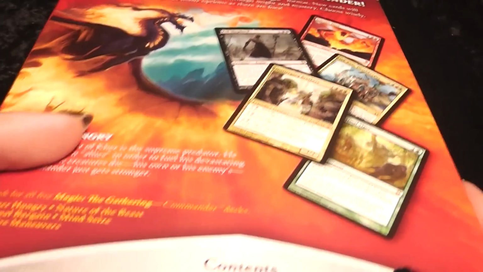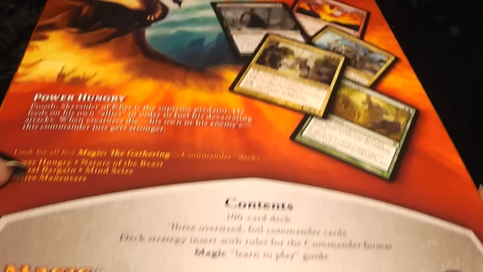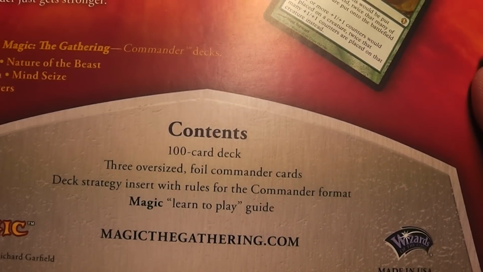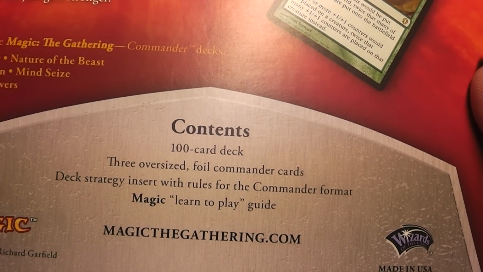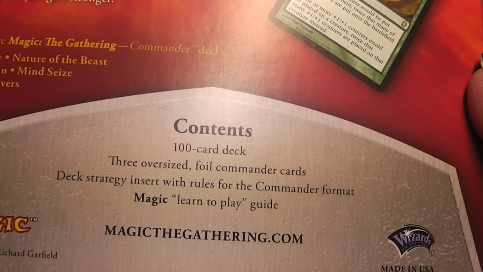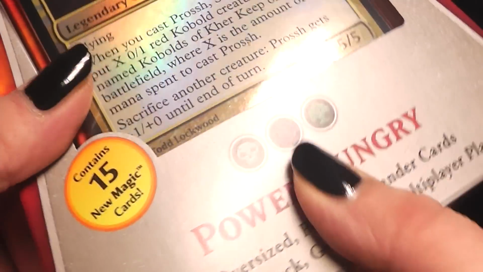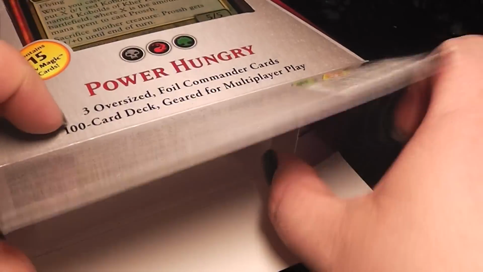It's a little bit cone shaped, the box. On the back, you see here, this is nice artwork. Here you see the content: 100 card deck, 3 oversized foil commander cards, deck strategy insert with rules for commander format, Magic learn to play guide. So let's open the box and see what we have